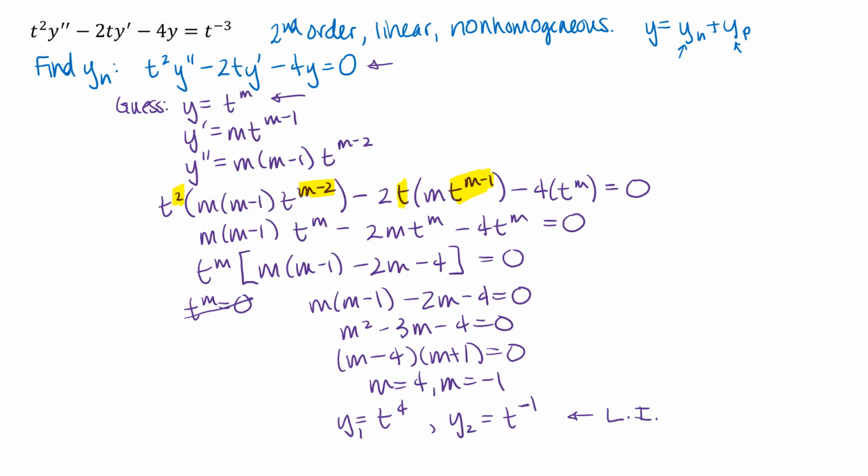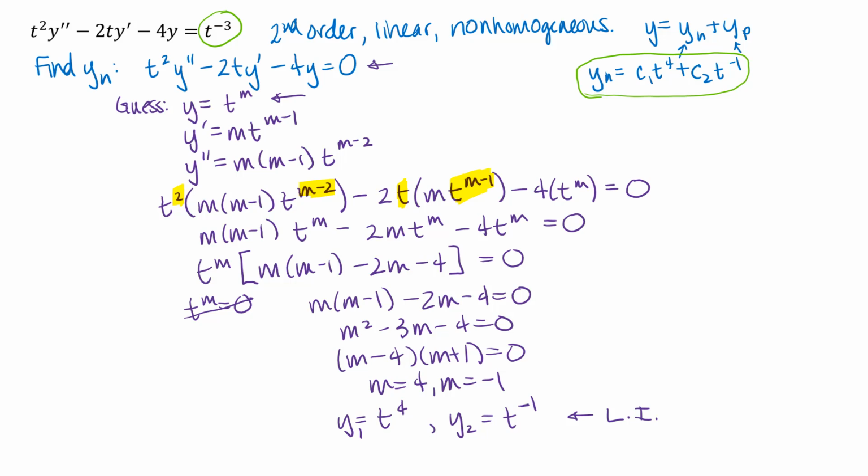So YH is going to be our linear combination of these two linearly independent solutions to the associated homogeneous equation. Then for the YP, I might think about different ways to do that. So the method of undetermined coefficients, if you sort of think through that and think through this right-hand side function